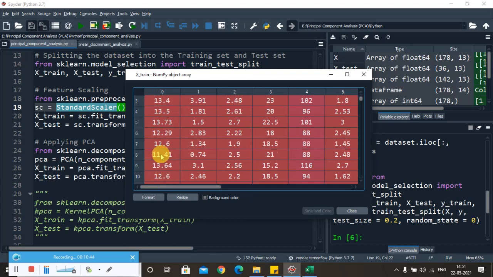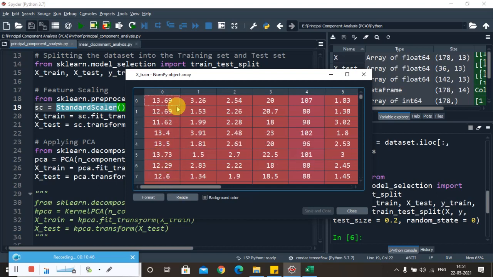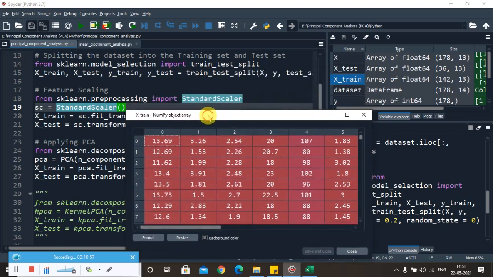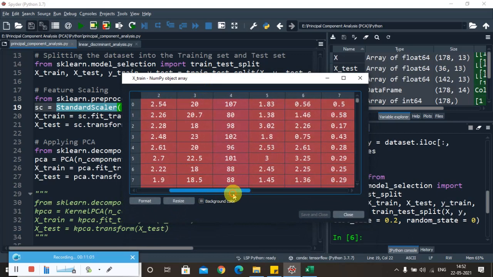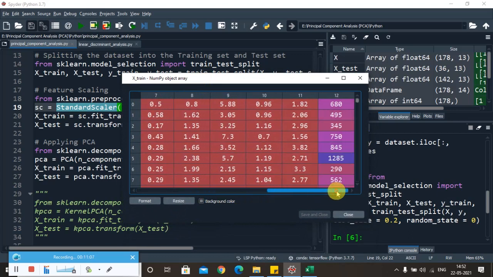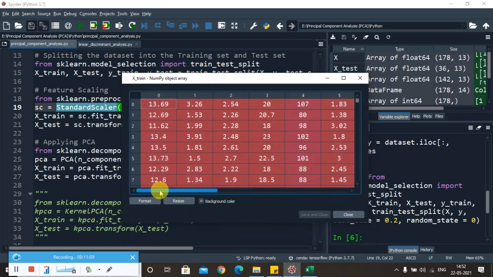And so to bring it up into the right scale, we have to apply some feature scaling mechanism. The method we are going to apply in feature scaling is standard scalar. So we are going to apply the standardization approach in feature scaling. We will apply it for all the columns here, because none of the columns are in a single range. So now let us try to apply it for all the columns.